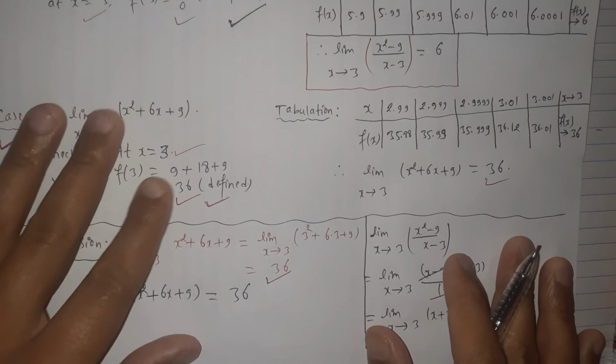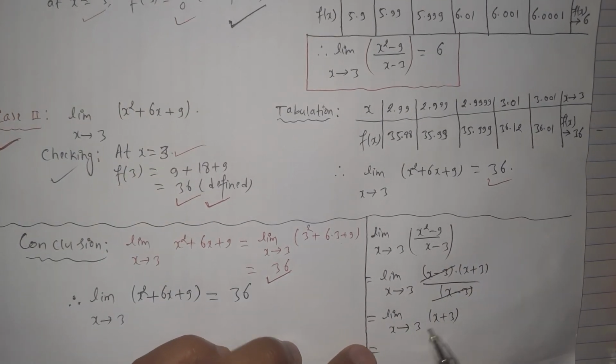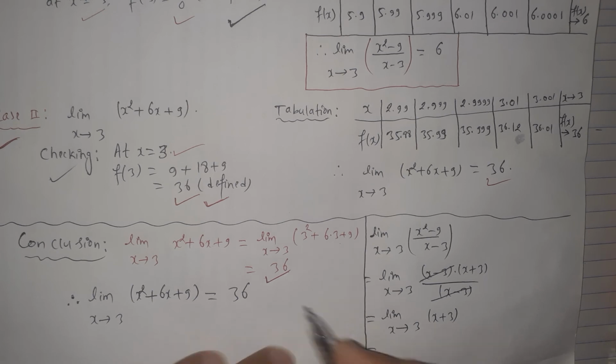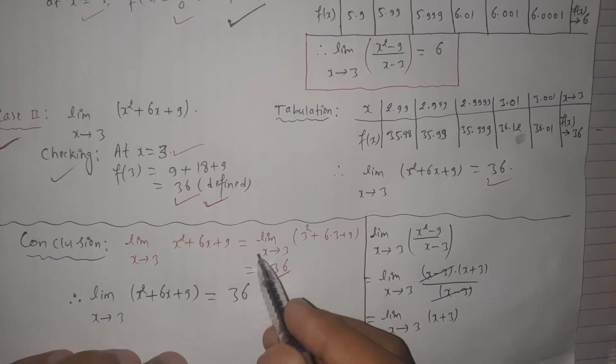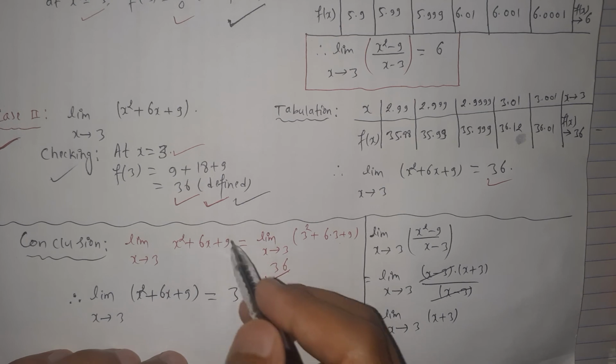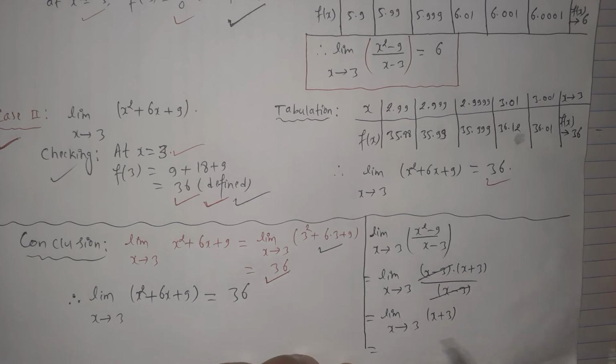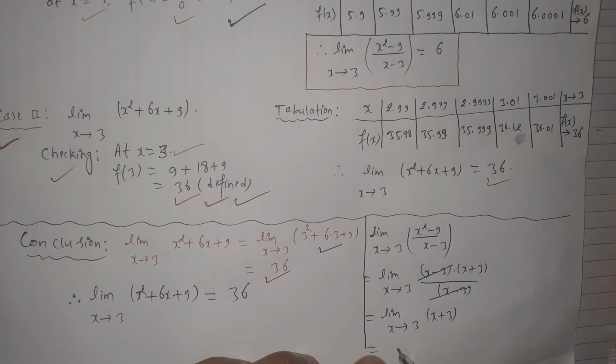Let's check whether the function is defined or undefined at this point. Here the function is x plus 3, which is defined at x equals 3. 3 plus 3 is 6, which is a defined number. So we can directly substitute the value x equals 3. We already discussed that in the defined case, the short method for calculating the limit is direct substitution. So here is the same case. We can directly substitute x equals 3 in this function, so the limiting value will be 3 plus 3, which equals 6.